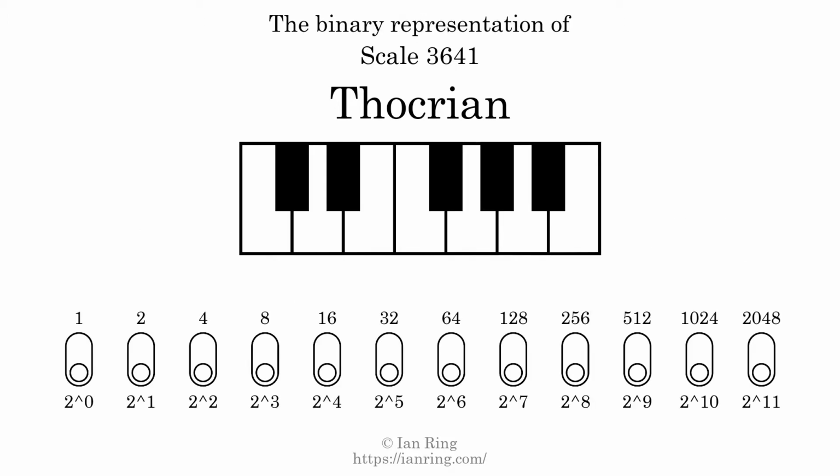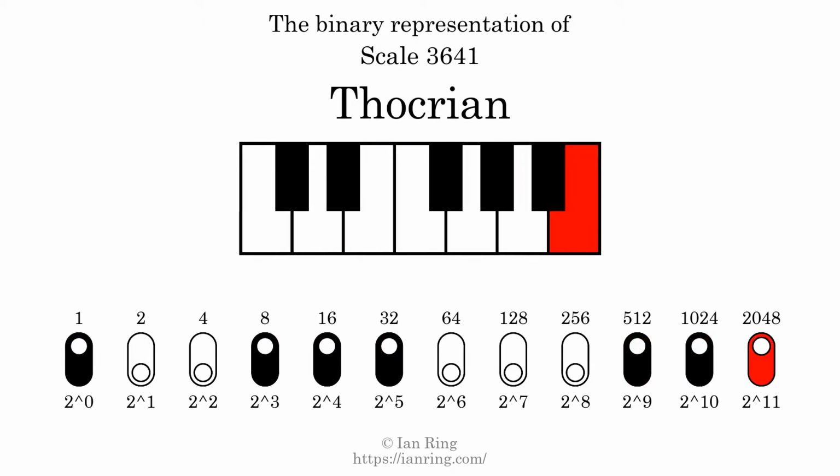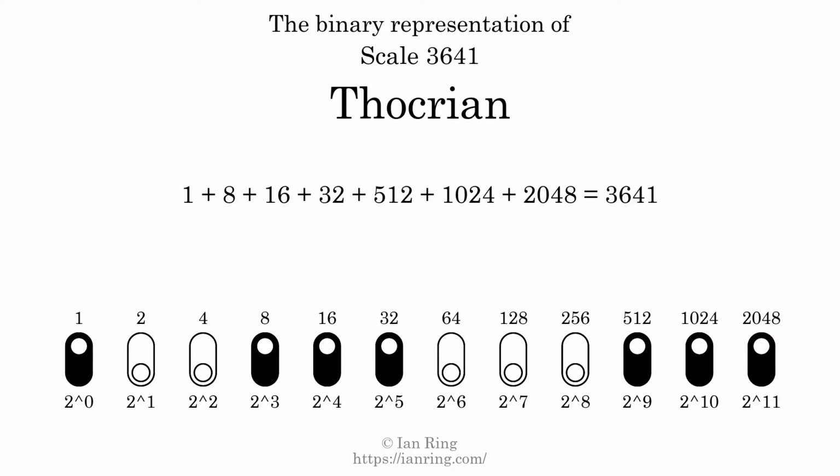The binary representation of this scale is determined by mapping tones of the scale to binary digits. Each binary digit represents a power of 2. To get the scale number, we add the powers of 2 together. The powers of 2 that are present in the scale, all added together, equals 3641. That is why the scale number, in decimal, is